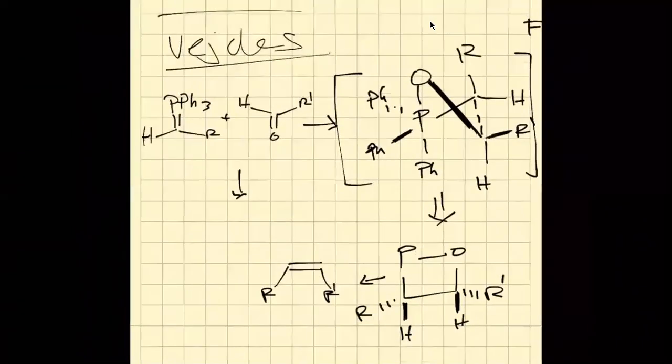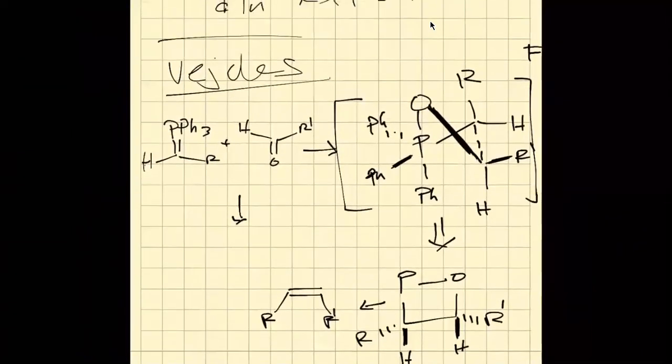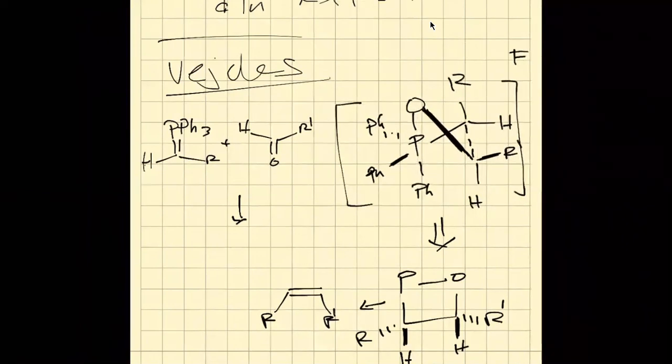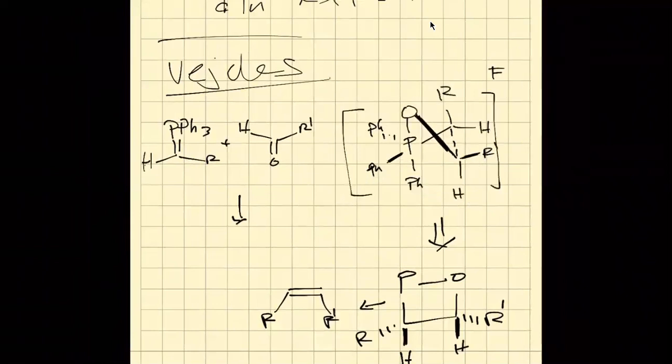Right? Let me shrink this a little if I can. So he's proposing that the betaine doesn't exist. You get a planar transition state, right? With one transition state, which I have drawn here, giving you the cis alkene, and then the other, which